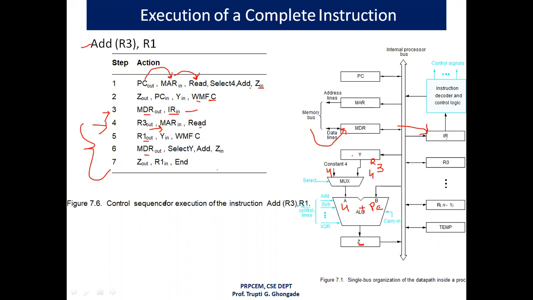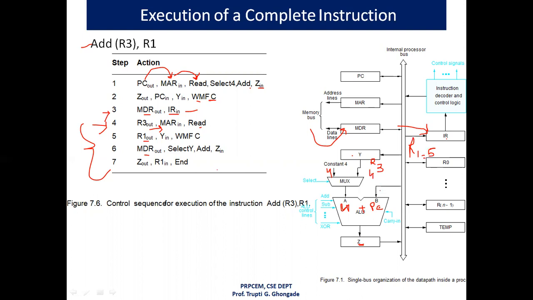So here the input A will be 4, and on the processor bus, register R1 is holding data 5. For example, R1 holding data 5.